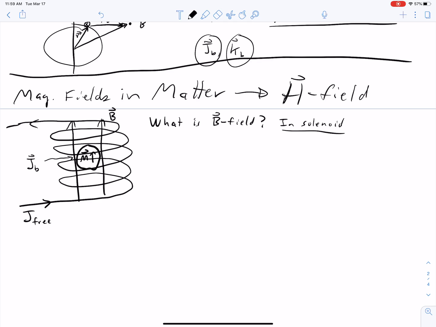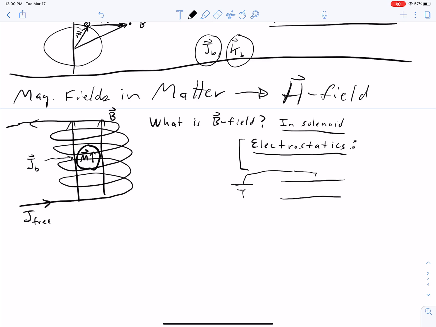And so that's actually a hard question to answer. And I want you to remember why. Because we did this exact same problem before. Remember? You know how I always like to bring in the electrostatics. And I want you to remember how we did this exact same derivation before. We're going to do it again. But for electrostatics, what we did, remember, we had a capacitor, and we created a battery, and we said, suppose we have a capacitor, and we stick some material in the capacitor,